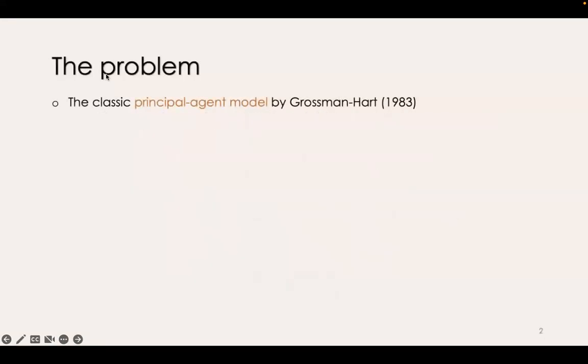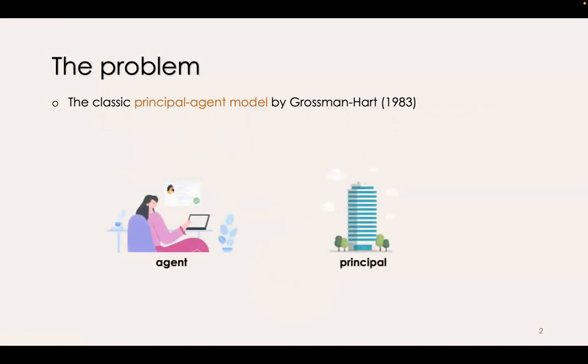So contract theory, and specifically the principal-agent model developed by Grossman-Hart, is the classic model to address issues of incentivizing effort. In this model, there is a principal, which can be thought of as a firm, and an agent, which can be thought of as an employee hired by the firm. The agent has the ability to choose from various actions, each of which has different impact on the principal. To simplify, we can think of the agent as being assigned with a specific task and can decide whether or not to invest effort in it, as well as the level of effort to exert.